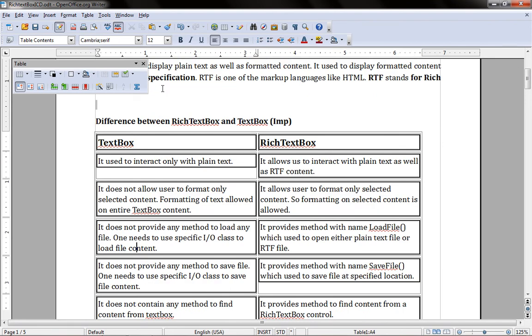The difference between textbox and rich textbox: the textbox is used to work only with plain text, so it does not allow the user to format selected content. In case of rich textbox, formatting is allowed on selected content, so it contains a property which allows formatting of selected content. Next, in case of IO, to open a specific rich text file,